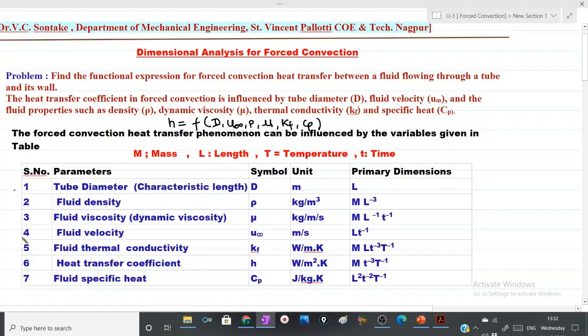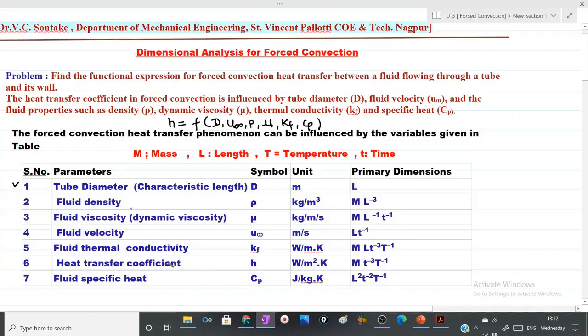So, very first variable is tube diameter. It will also be a characteristic length. So its symbol is D, unit is meter, and primary dimension is represented as capital L. Then fluid density represented by rho, kg per meter cube, and primary dimension is M L power minus 3. Fluid viscosity, which we are taking as dynamic viscosity in this case, is represented by mu. Its unit is kg per meter second, and primary dimensions are M L power minus 1 small t power minus 1. Fluid velocity represented by U infinity, unit is meter per second, and L into t power minus 1 is